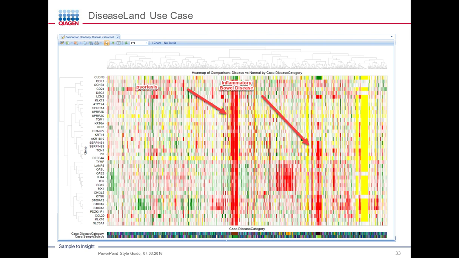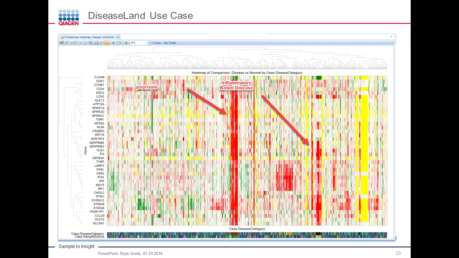And then from there, what we might want to do is explore, based on that gene signature, what other diseases may also exhibit a similar pattern. And so what we can do is take the database and query it specifically for the disease versus normal comparisons, pull back the fold change information for our gene list, and build these interactive heat maps where we can get the